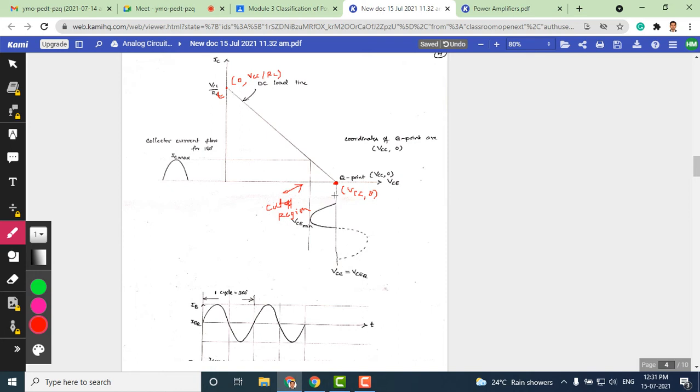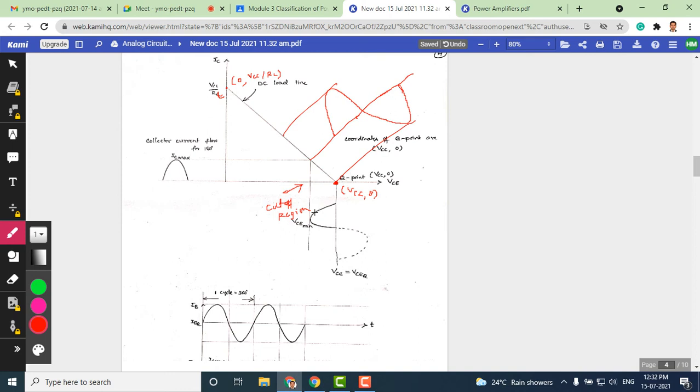Now you can see that we have not even shown the input signal here. Input signal remains again sinusoidal here. If you draw even complete waveform of input here, you can see input signal can be shown like this. But for the input signal wave that we have applied here, you can see only the positive cycle here is reproduced. You can see collector current waveform, because here, since the positive portion of input signal is in the active region, but look at here negative region.